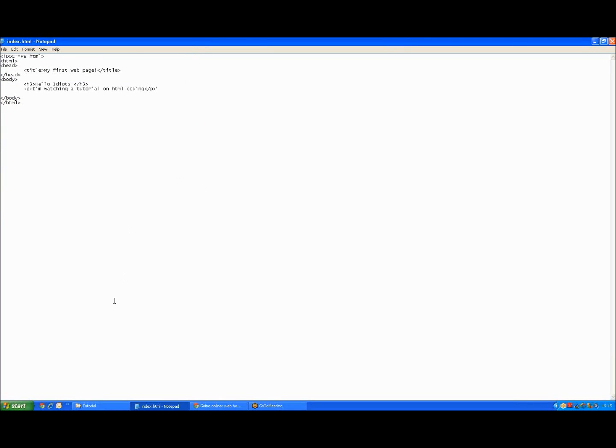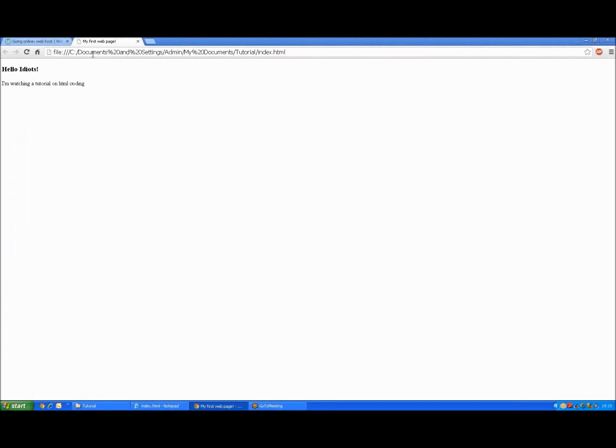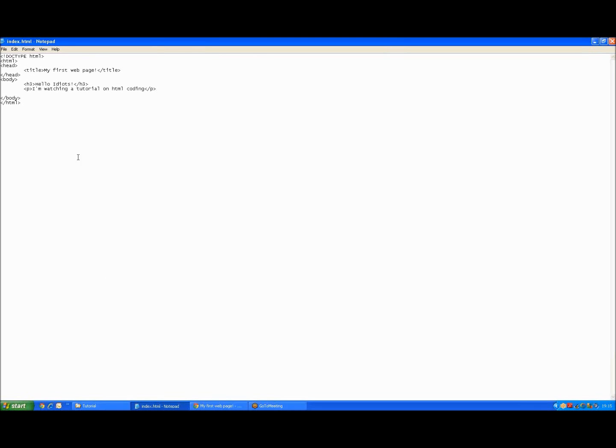Now it's saved. Now I'm going into that folder that I saved it in. Okay, and now you see the Google Chrome icon, because that's my default browser. If I double click it, it will open in Chrome, and voila, you have your first web page. Hello Idiots. So if you want to change the text, you just go back into that HTML file, and between that tag we're just going to say